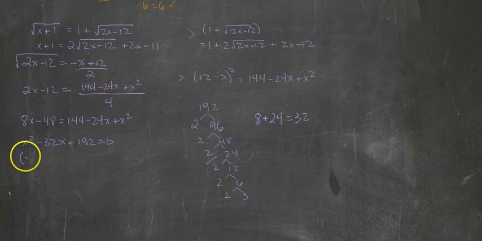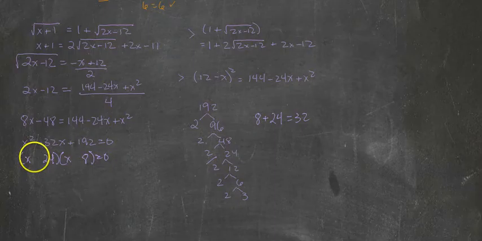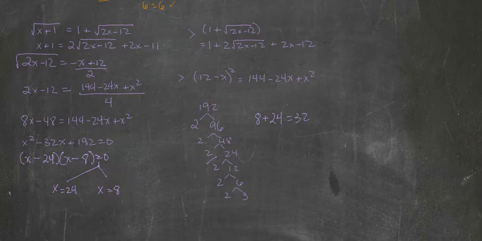So I know that I have x and 24, and then I have x and 8 equals 0. So this is positive, so they both have to be negative, or both positive. This is negative, so there we go. All right, so my solutions, my presumed solutions are x equals 24 and x equals 8,